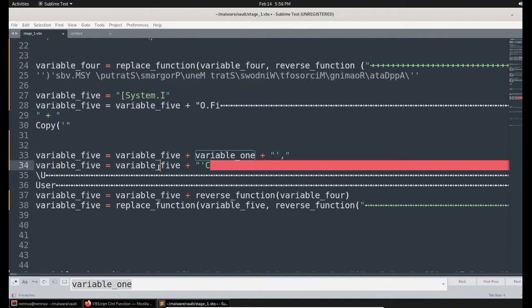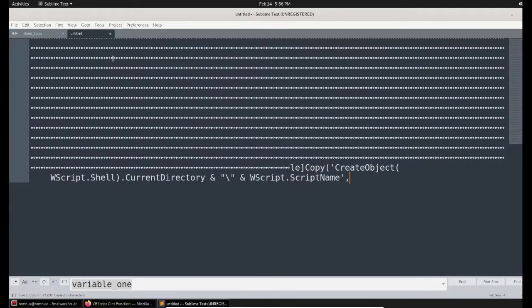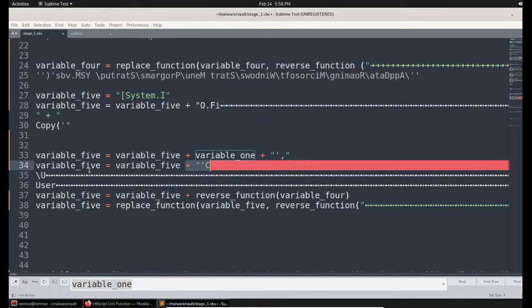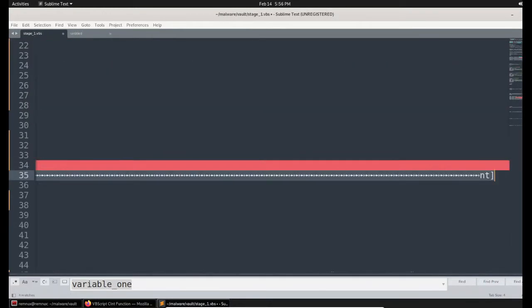And the next thing, let's see. Again they are defining variable 5, and the variable 5's value is concatenated with another set of blob. So let me try to append this as well, with another set of blob.